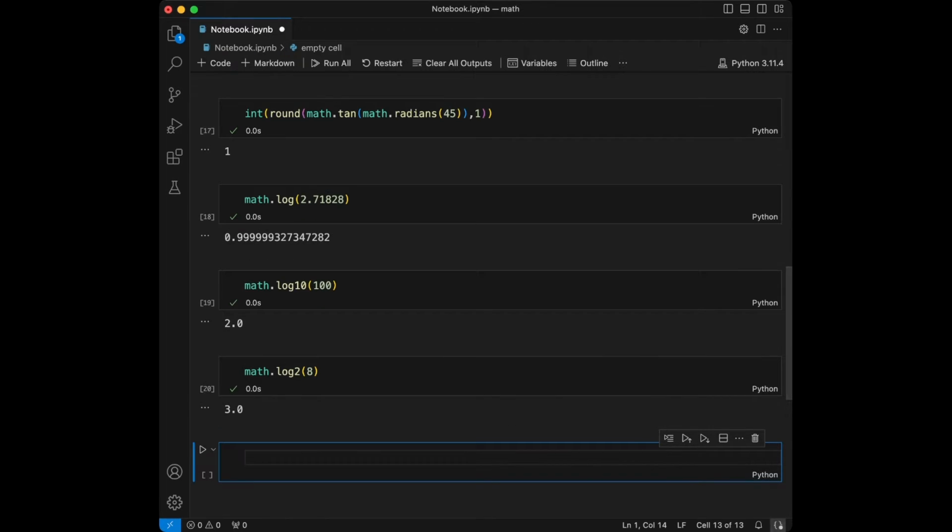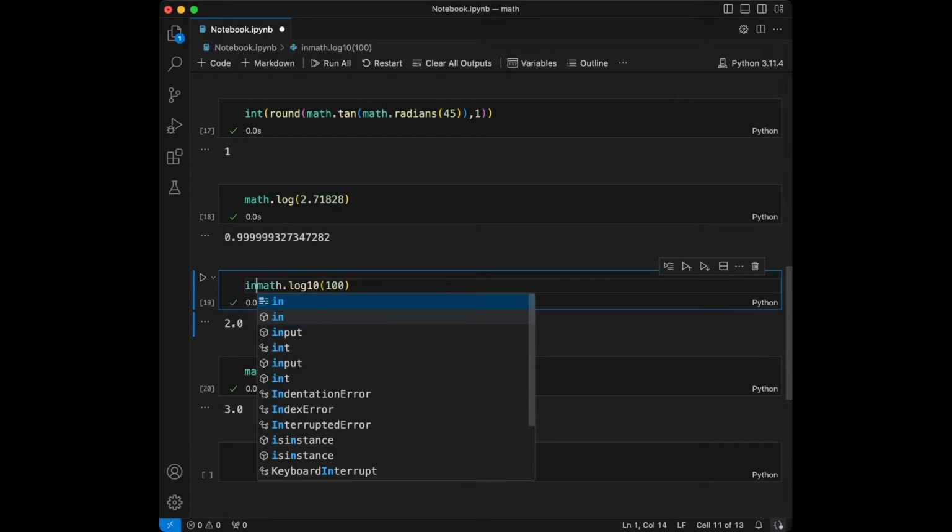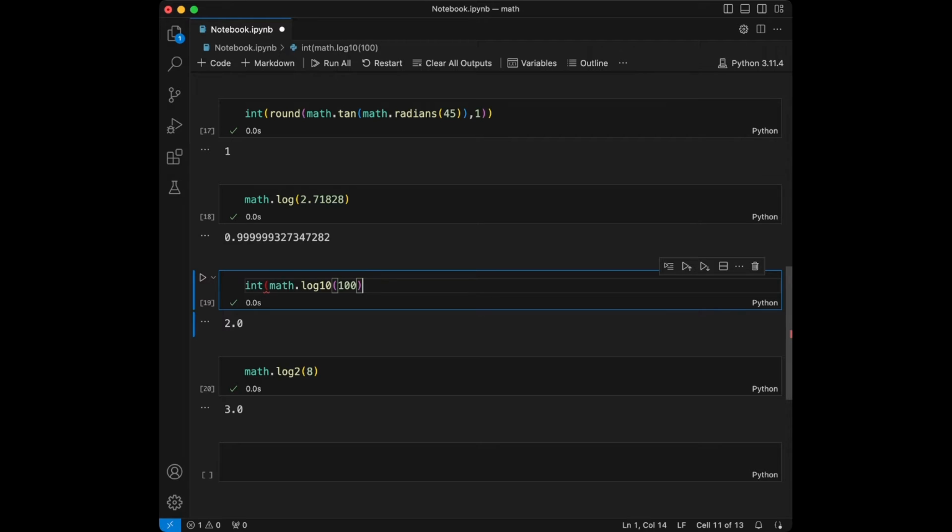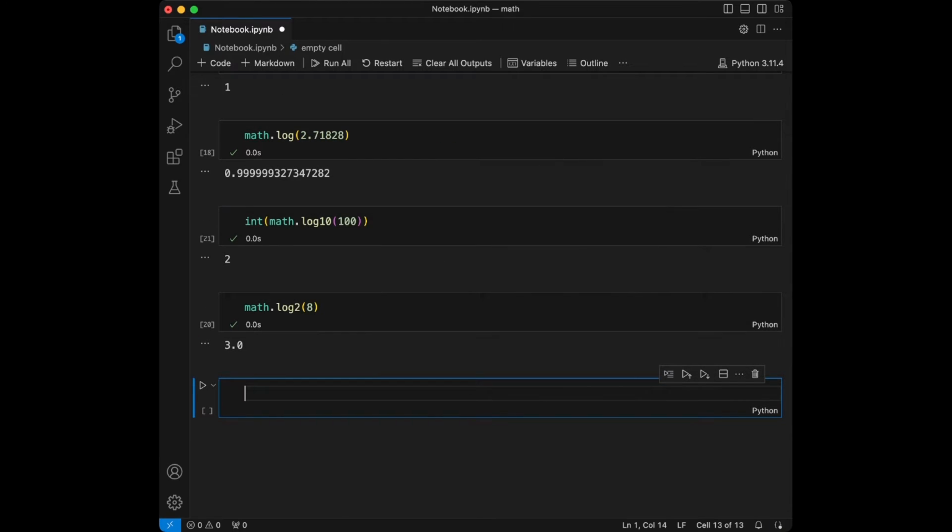We are going to get the result of 3 in here. Also, you can manipulate these answers. Again, you can just add integer after that for not getting the decimal. Great. So math.log10 and math.log2 give you logarithms with base 10 and base 2 respectively. As you can see, the log base 10 of 100 is 2 and the log base 2 of 8 is